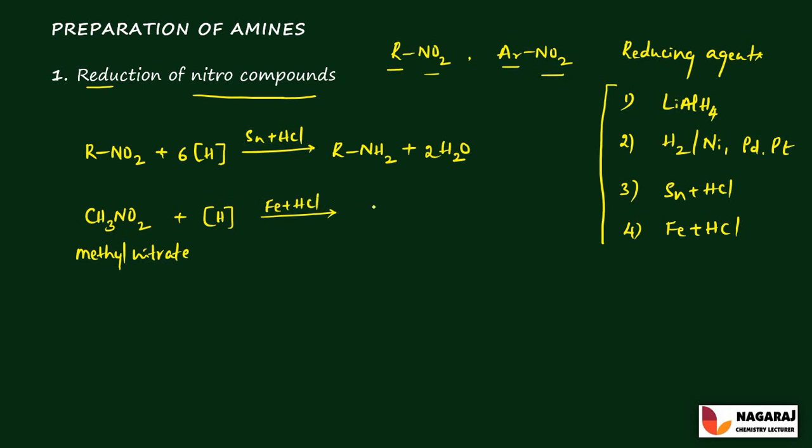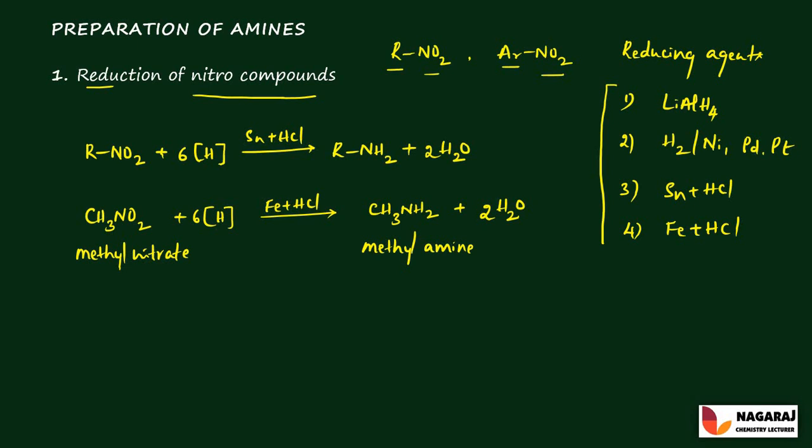So it gives the product CH3NH2, which is called methylamine, plus the byproduct H2O. It requires 6 moles of hydrogen and it eliminates 2 moles of water molecules. That is, when nitromethane undergoes reduction in the presence of reducing agents such as Fe/HCl or Sn/HCl,